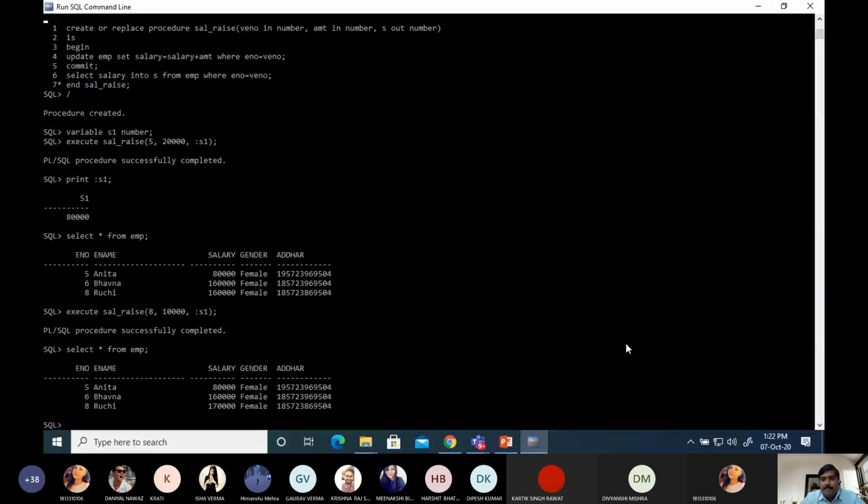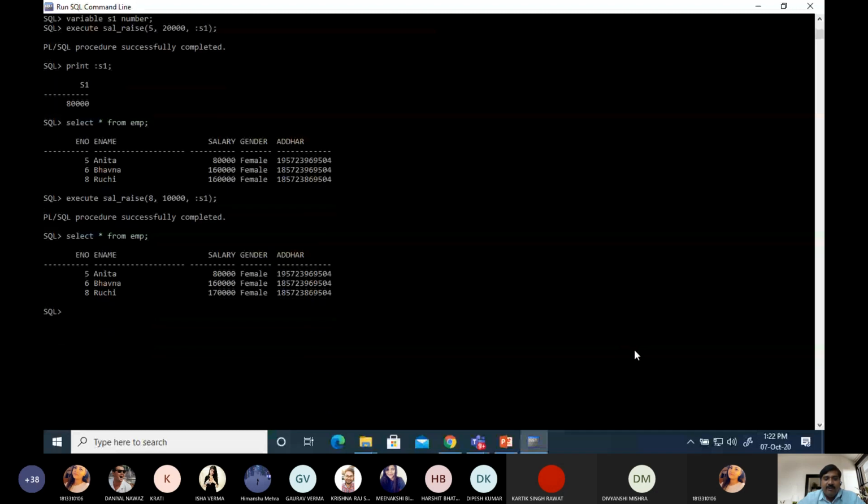You can make your program interactive using PL/SQL. All the programming features are available in PL/SQL, and through these features SQL becomes more powerful. And the second way of calling the procedure is in another PL/SQL block. We can call that procedure. So for that we have to declare the variables in the declaration section.